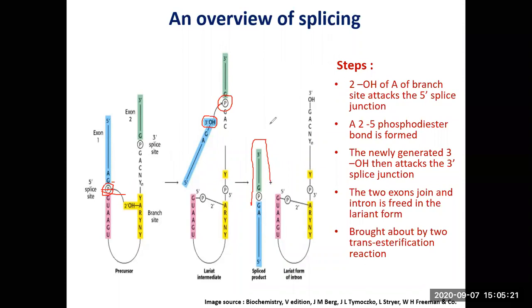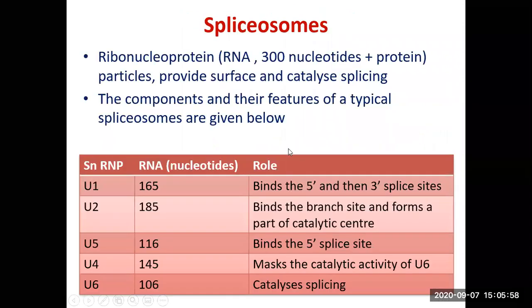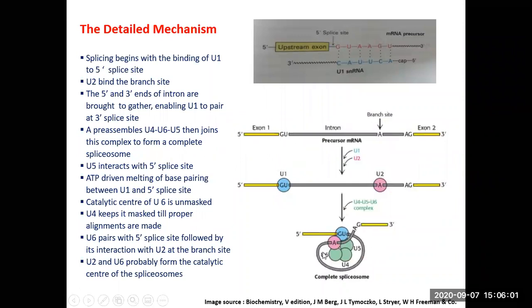So why do you need the spliceosome? The answer is that, for example, this particular exon, once that bond has been hydrolyzed, will it be freely suspended like this? No. There has to be some place where it remains anchored, where it will remain bound. That place is the spliceosome. The spliceosome provides the surface for this catalysis reaction to take place. So that is how this intron is going to be removed.